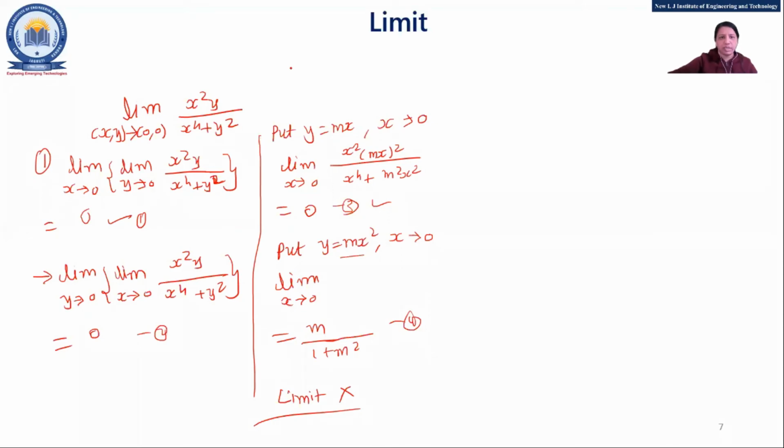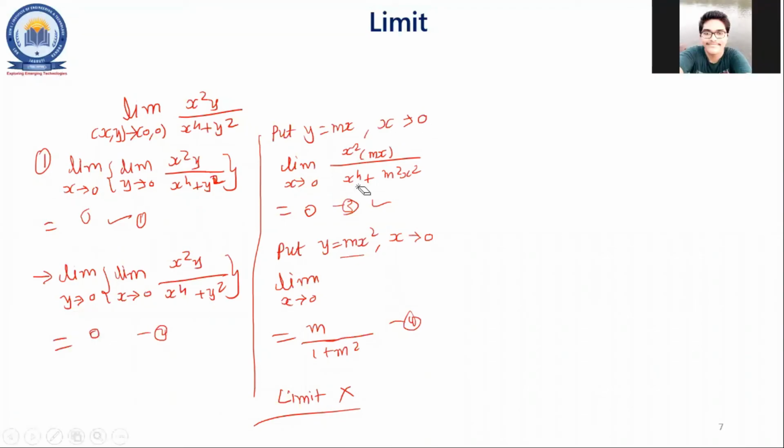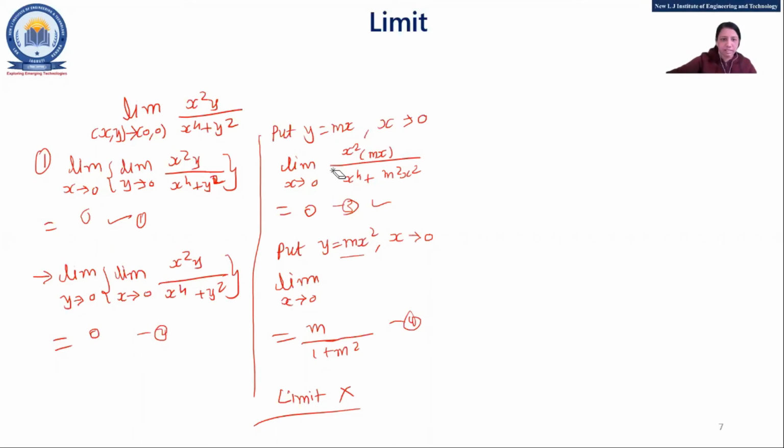Fine. Okay. Yes, Akhilesh, do you have any doubt? Akhilesh? Okay, unmute yourself. Yeah, Akhilesh. Ma'am, when we put y equals to mx, in that case, have you written mx whole square over here? There is only y. Okay, that was by mistake. Yeah, that is only y. So mx. Fine. And the other one is correct. Fine. So that is the thing, right?